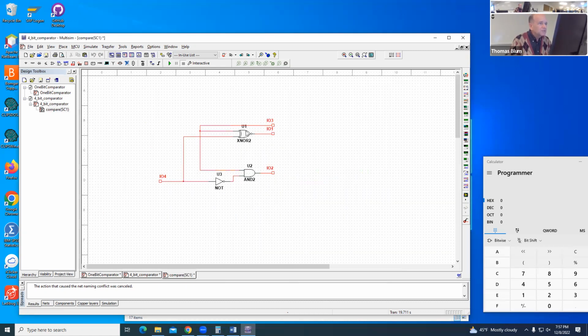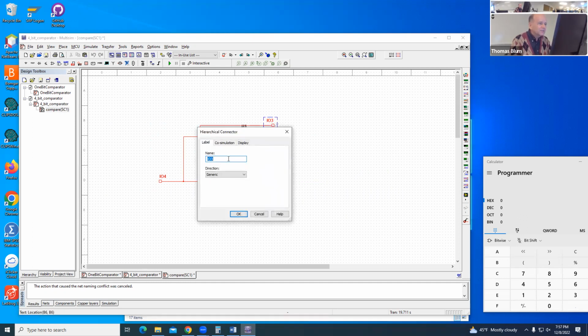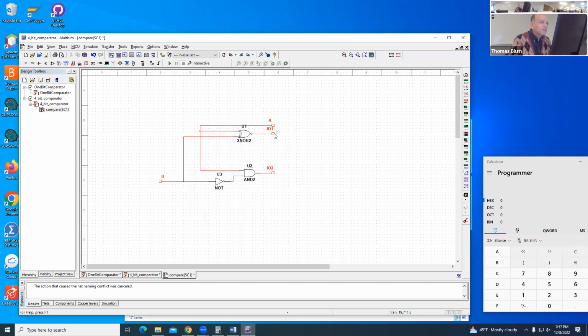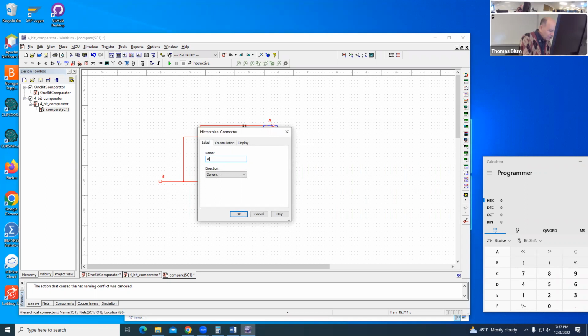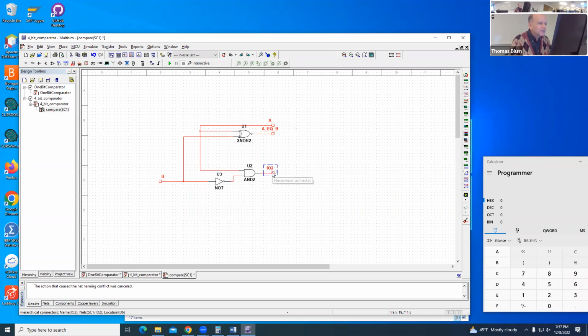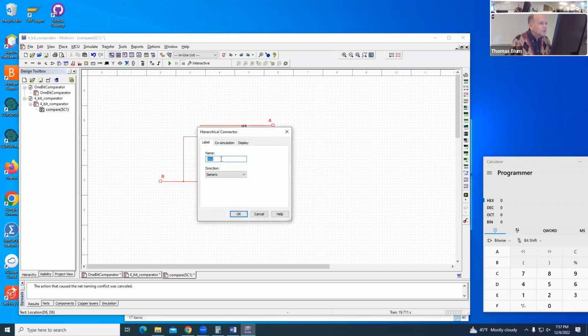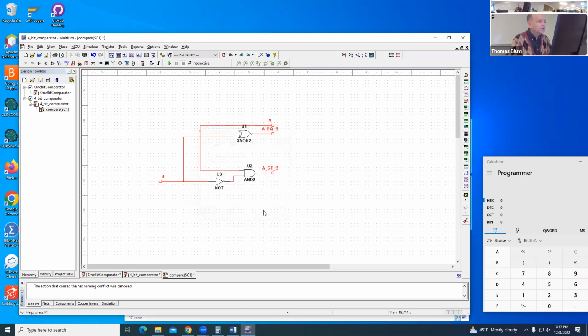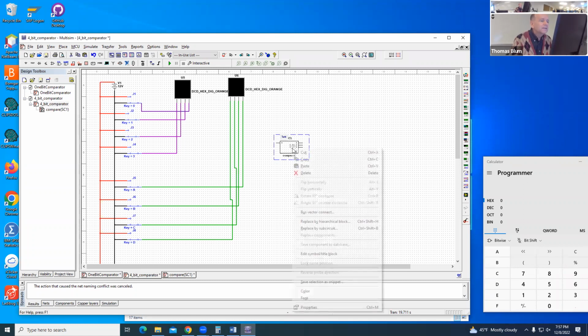Let me open the sheet and we see this IO, what they're calling IO3 here. I want to call it A. This IO4 I'd like to call B. This IO1 I'd like to call A equaling B. And this IO2 I'd like to call A greater than B. Okay. And I would like to